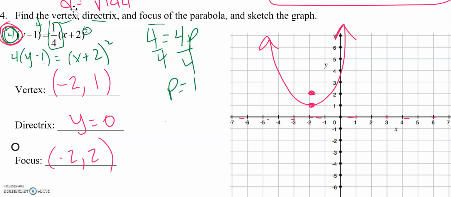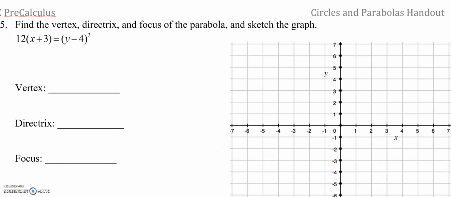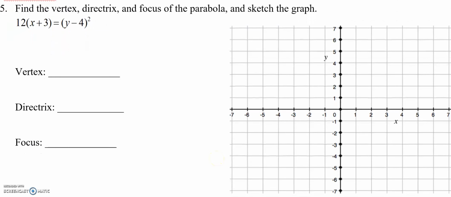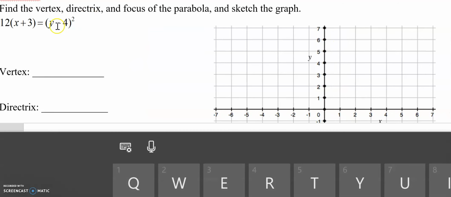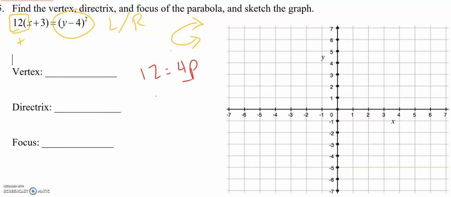Okay, not terrible. Hopefully you all got that pretty good. All right, let's look at number 5. So I'm looking at number 5, and I'm seeing that it is a y squared. The fact that it's a y squared tells me that it is going to be a left or a right graph. 12 is positive, which tells me it's going to the right, so I know it's going to be opening to the right. So let's see, I know that my 12 is equal to 4p, divided by 4, my p